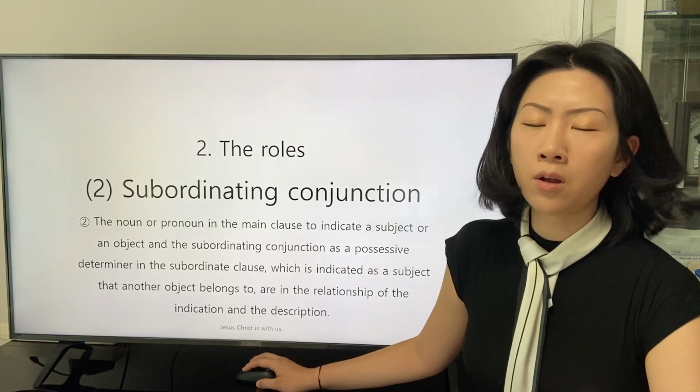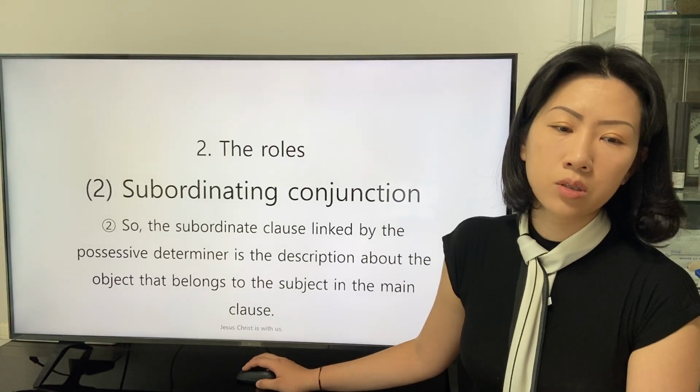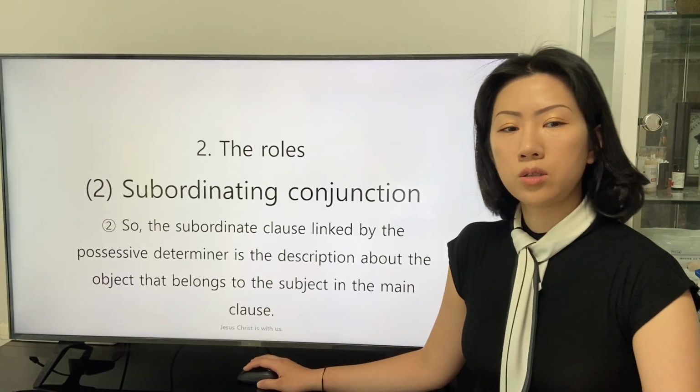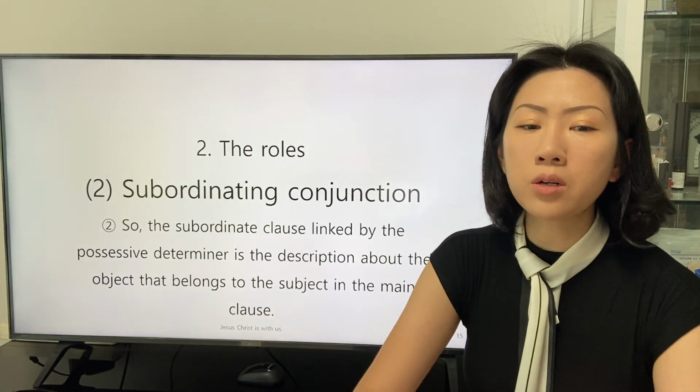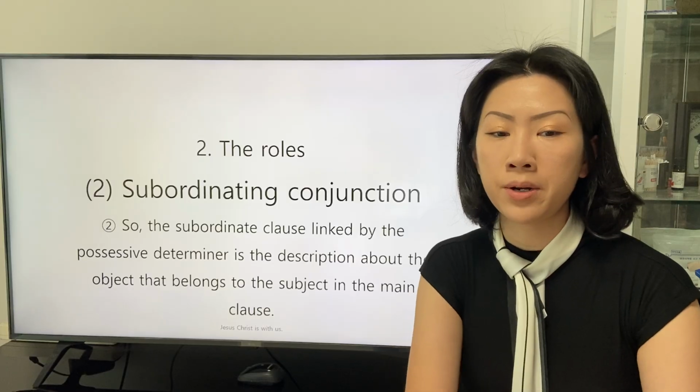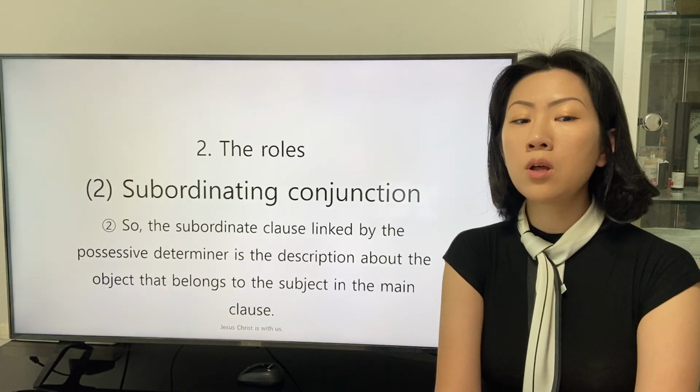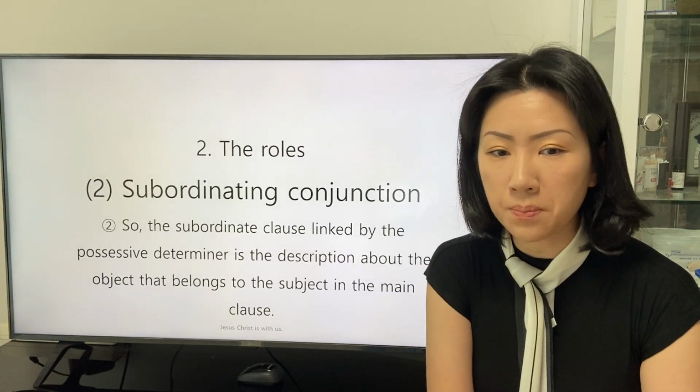We can think of the determiner whose. So the subordinate clause linked by the possessive determiner is the description about the object that belongs to the subject in the main clause. Like,